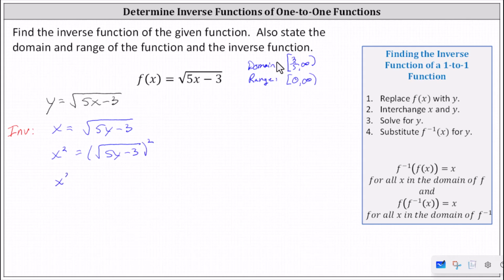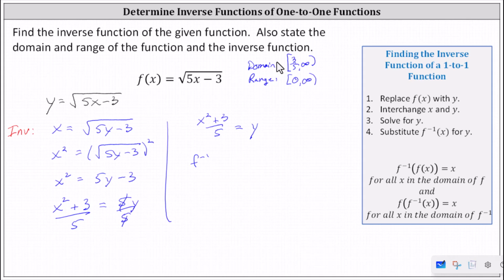Simplifying, we have x squared equals 5y minus 3. Next, we add 3 to both sides, which gives us x squared plus 3 equals 5y. Last step, divide both sides by 5. Simplifying, we have the quantity x squared plus 3 divided by 5 equals y. Replacing y with f inverse of x, we have f inverse of x equals the quantity x squared plus 3